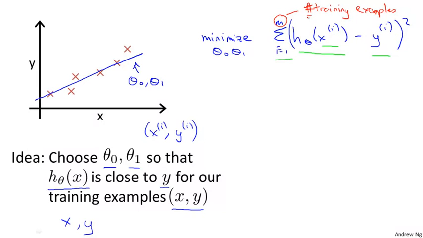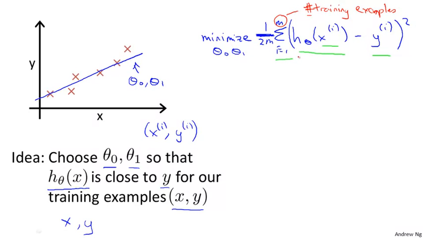And to make some of our later math a little bit easier, I'm going to actually look at 1 over m times that. So we're going to try to minimize my average error. We're going to minimize 1 over 2m. Putting the constant 1/2 in front just makes some of the math a little bit easier. So minimizing 1/2 of something should give you the same values for the parameters theta 0 and theta 1 as minimizing that function. And just to make sure this equation is clear,